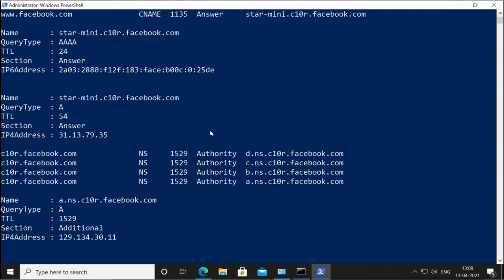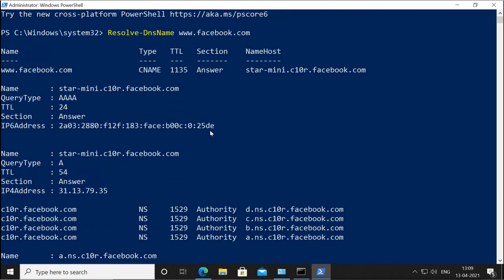It is showing me in detail, and you can see it is saying that this is the name and this is the CNAME, because it is www.facebook.com. The real name is this. So this is the CNAME type of record. This is the name, query type is this, TTL is this, section is this, and this is IPv6.